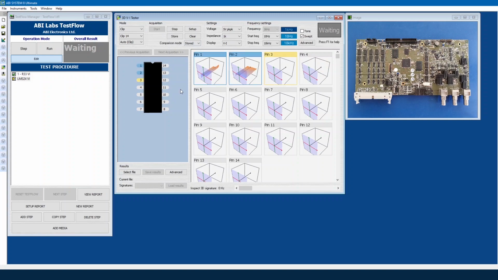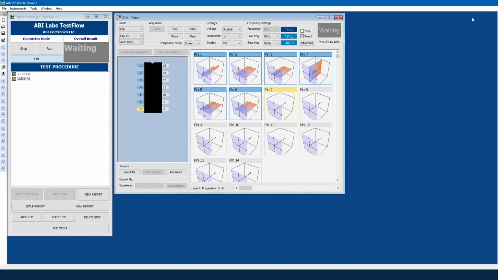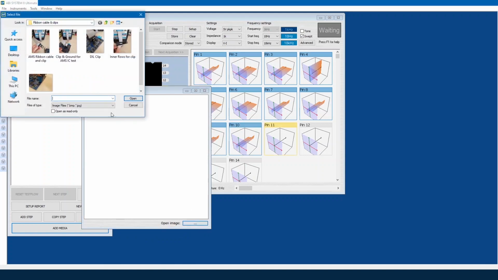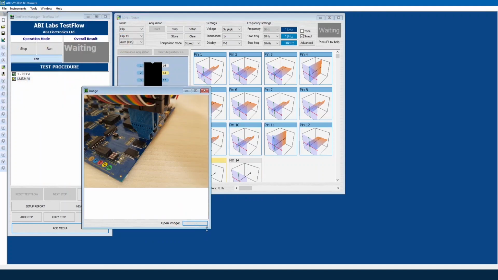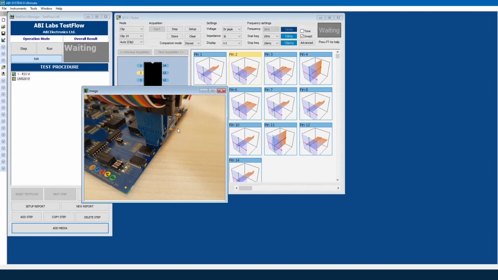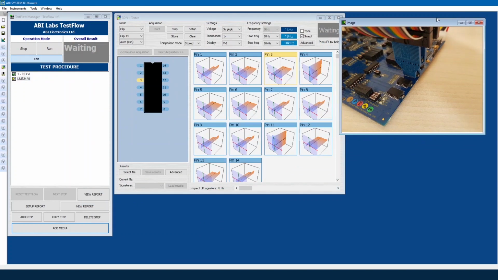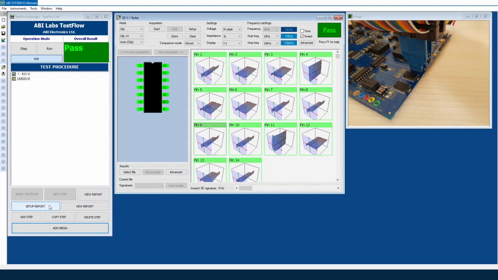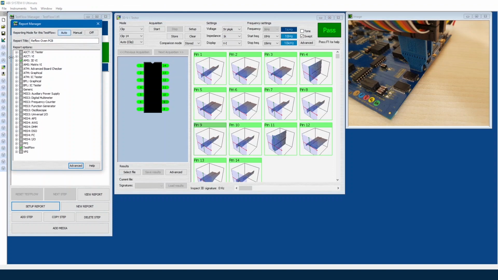I also want to change this image here to show the actual IC that I have connected to. So I will close this and I will locate the image of my PCB. Fantastic. So now I have the image of my PCB, I also have my results. I will stop, click store. You can see also within the Report Manager window that all the report settings have also been copied over from step 1. So all of this is already done for you.